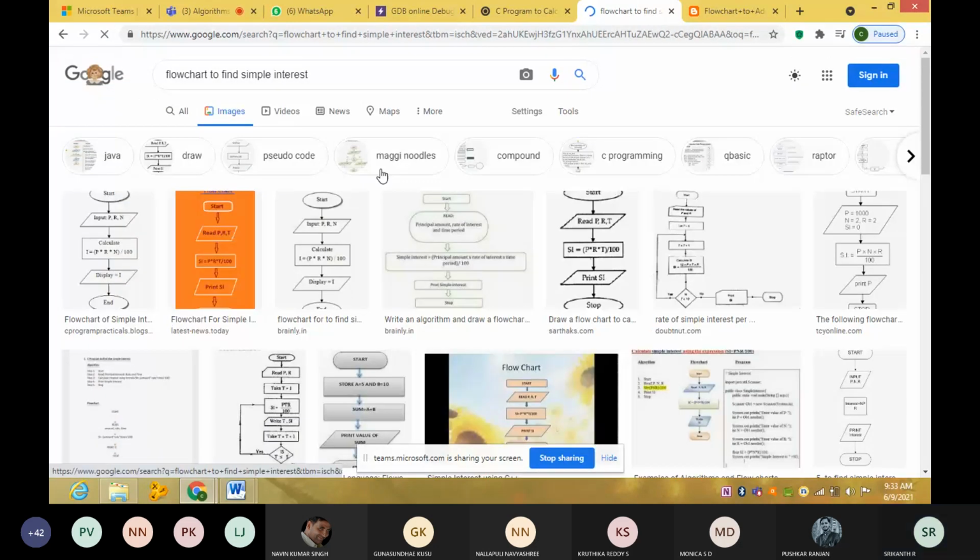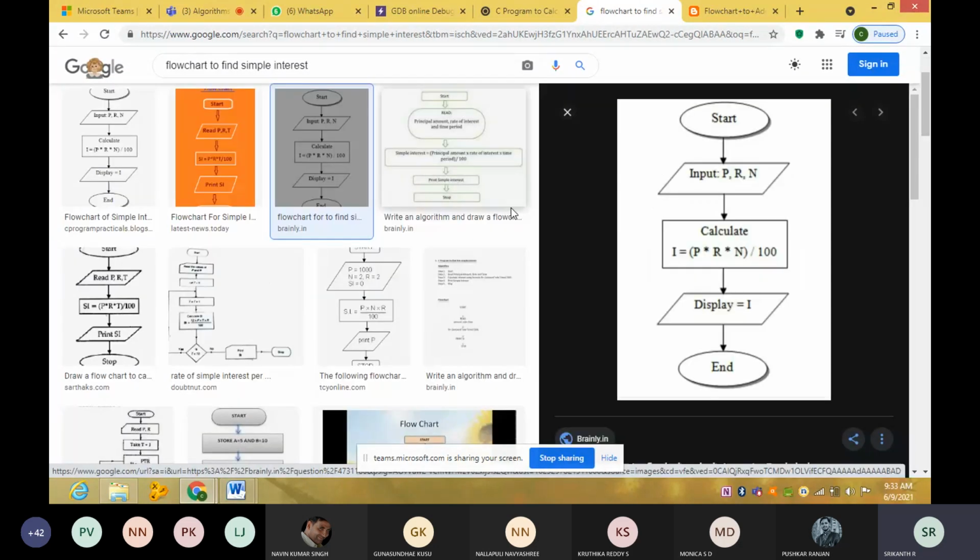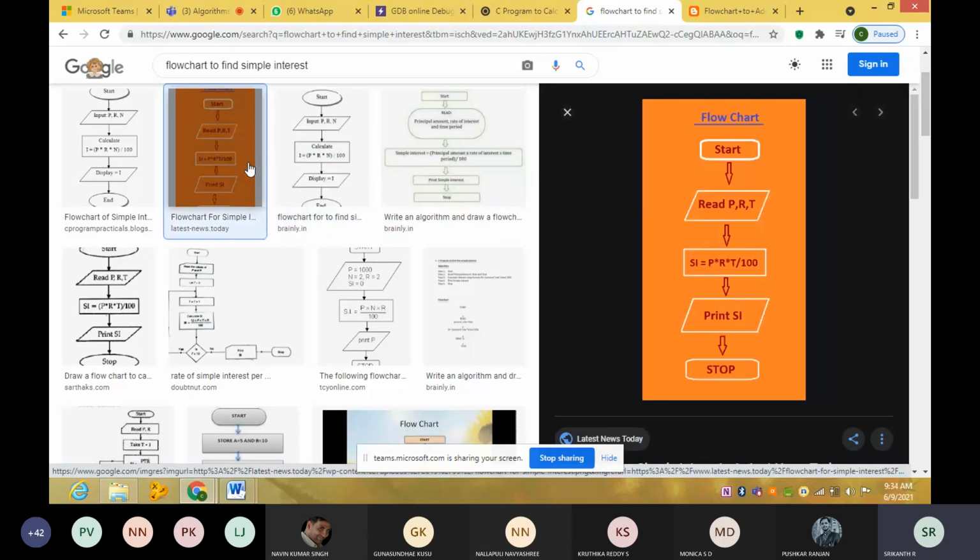See, start, end, input P, R, N, calculate P into R into N by 100, display simple interest, end. This one we have used PTR everywhere, so this might give you a better understanding. Start oval, end oval, input parallelogram, output parallelogram, calculations rectangle.